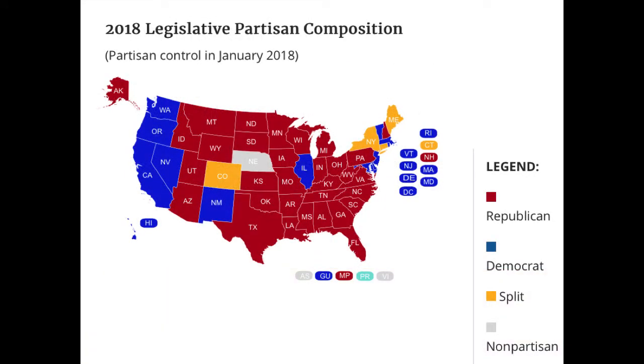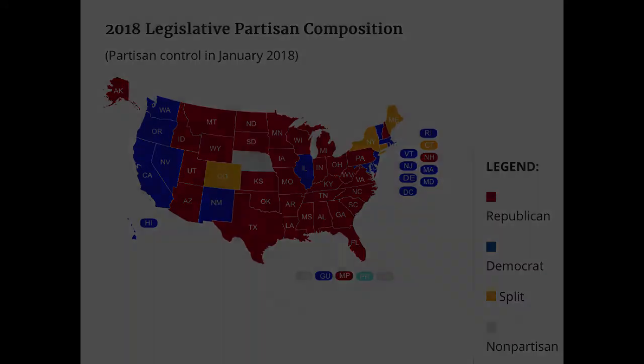So let's look at party composition across the United States and talk about why this matters. Looking at this map, red states denote a Republican-controlled legislature in both the state House and the state Senate. Blue states mean that Democrats control both chambers in the state legislature. And these yellow states here indicate divided government, meaning that one party controls the state House and a different party